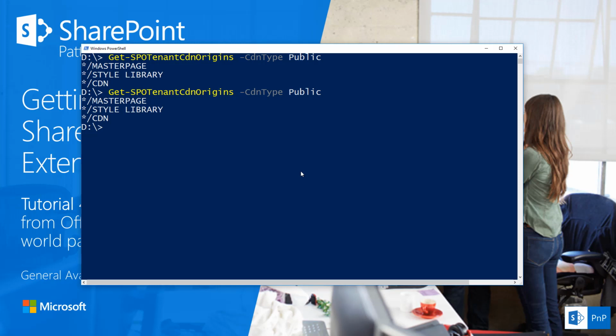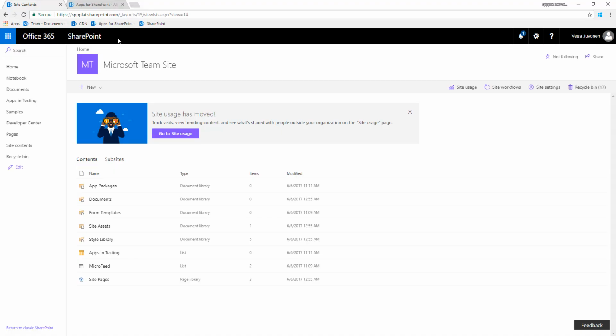Again, debatable if we want to do so. There's multiple aspects in that discussion. But in our case, let's actually go to our tenant. This is the root of our tenant, and what we're going to do here is simply